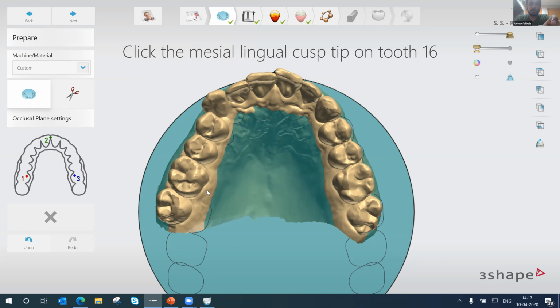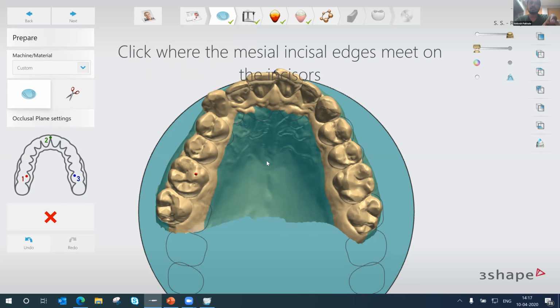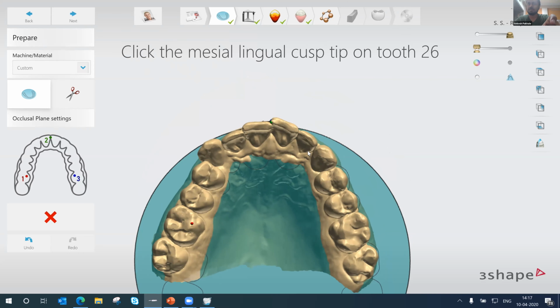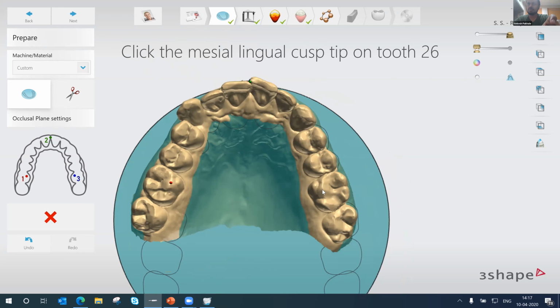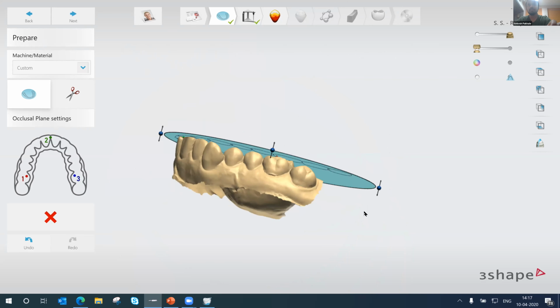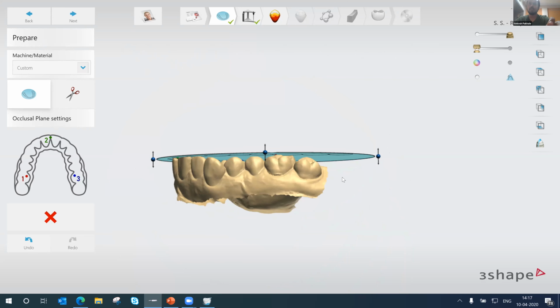Now all I'm going to do is follow these points the system has suggested. Just do as directed. Click on the mesiolingual cusp on tooth number 16. So all I'm going to do is click there, and then click where the mesial and incisal edges meet on the incisors, approximately over here, and again on the 26. So here the system has defined one occlusal plane, which we know is going to be the occlusal plane for my upper and lower,